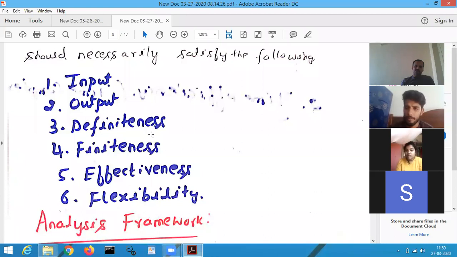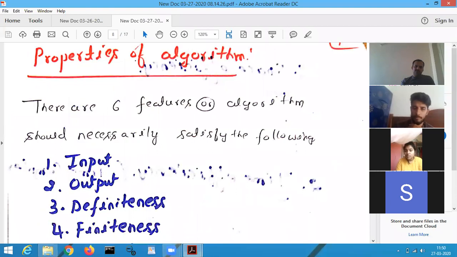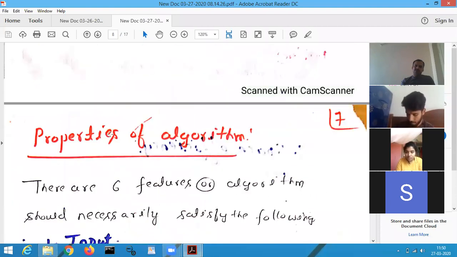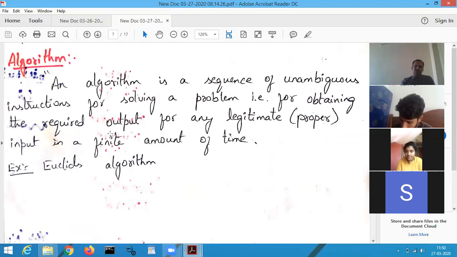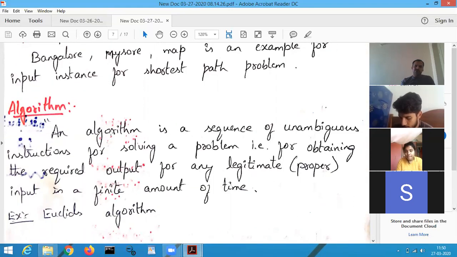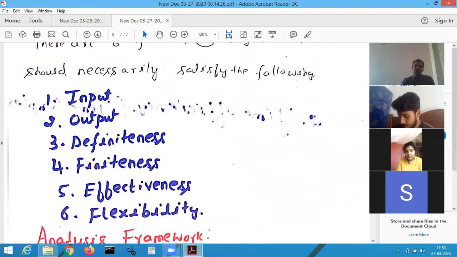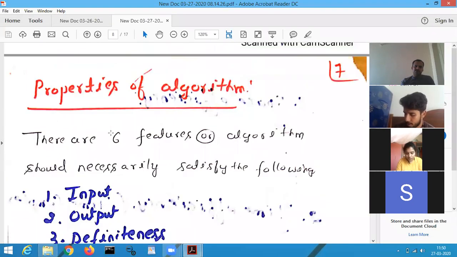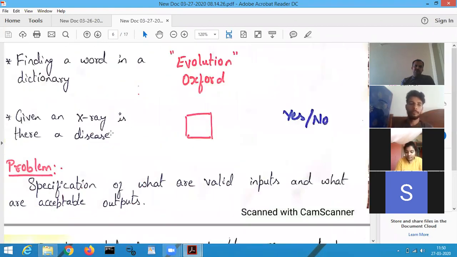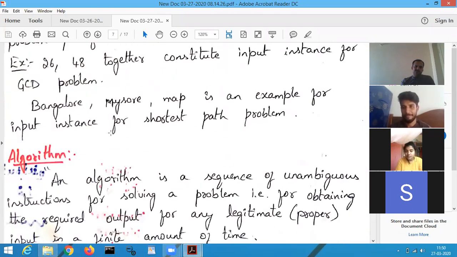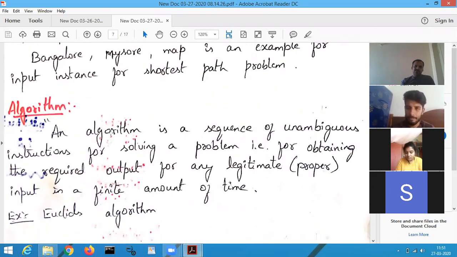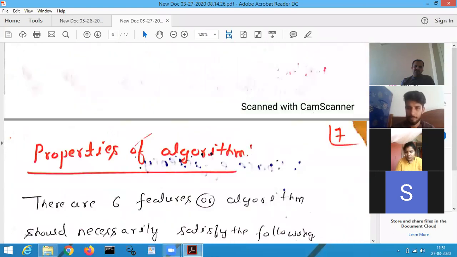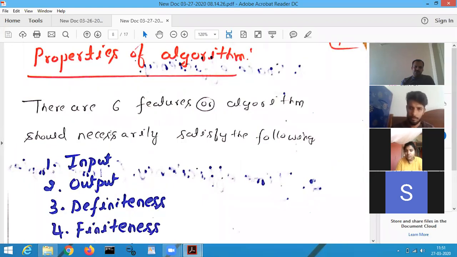These are some of the important properties of an algorithm. The question may be raised in an examination: what is an algorithm and what are the properties of an algorithm? So far you understood what you mean by an algorithm, and the important properties of an algorithm. So far we have studied the meaning of the problem, what you mean by a problem, then what you mean by input instance, then we studied an algorithm, then the properties of algorithms.